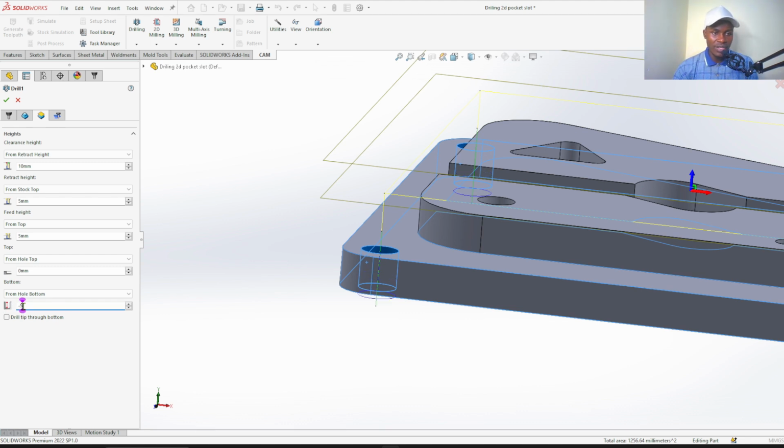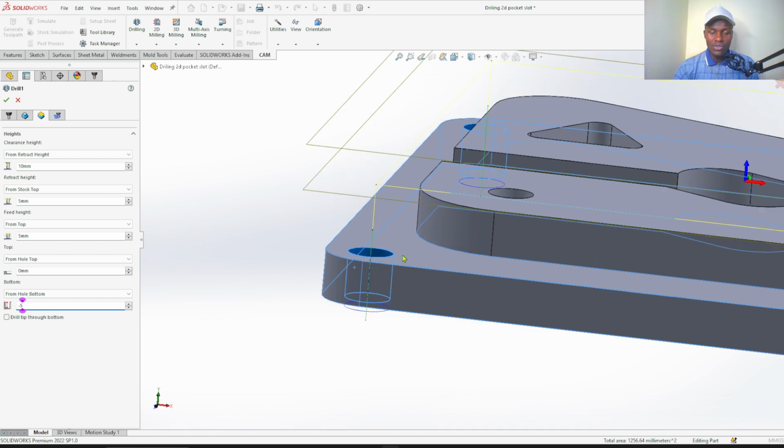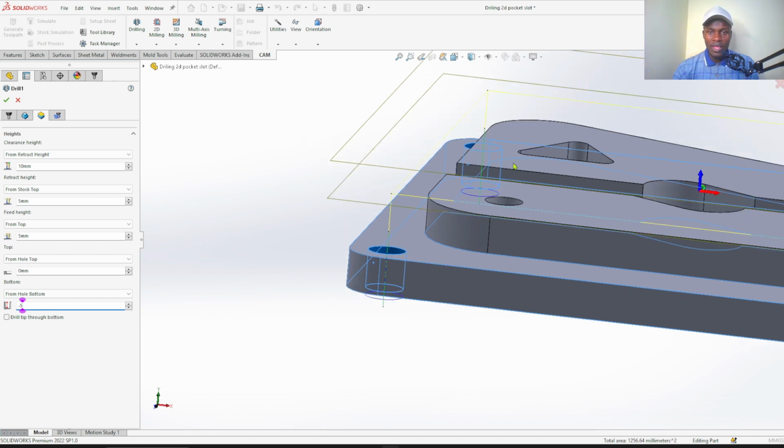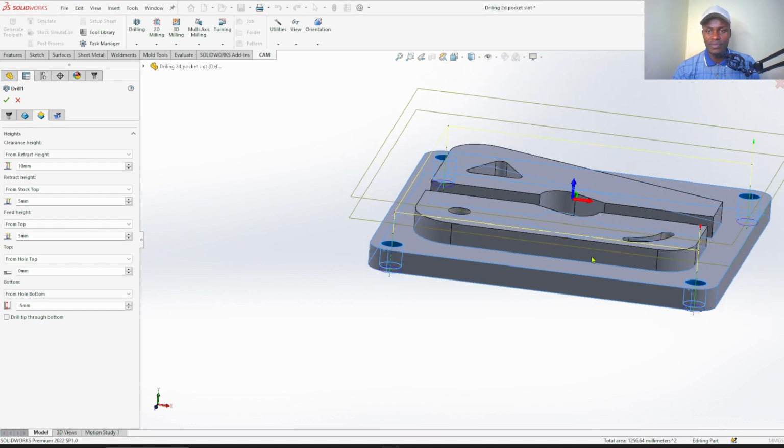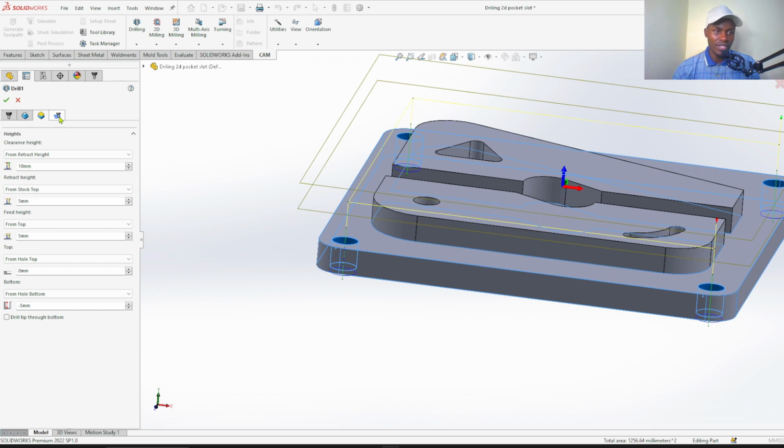And why am I using a negative? Because from the top surface, when you select your top surface as origin, from the top surface upwards on the Z-axis is positive, but from the top surface downwards is a negative value. So it will give -5 millimeters. We can proceed.